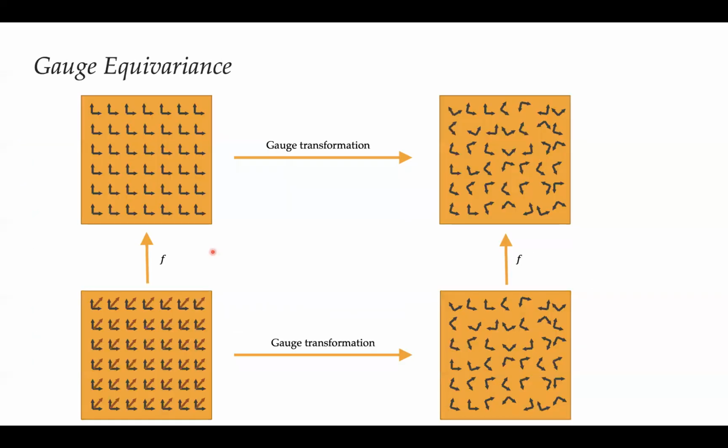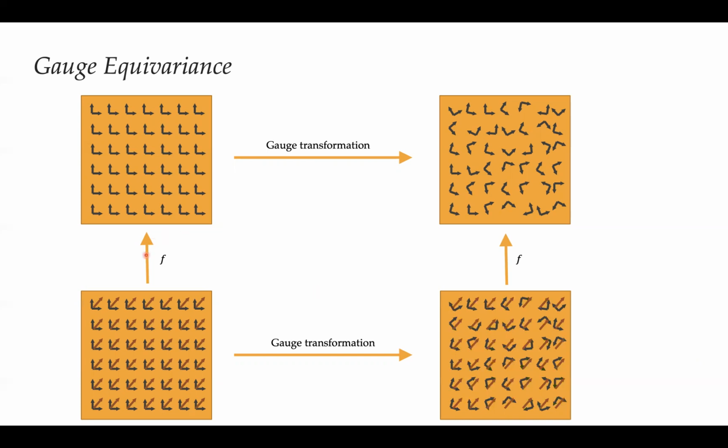So then we have gauge equivariance. Here we have again the example of a vector field. In the bottom left, I've drawn an input vector field expressed relative to a standard gauge. And if we were to apply the gauge transformation, and we want to describe the same vector field, we know once again that our numerical representation will change, but the underlying vector field doesn't. I apologize for the bad graphics here, but I think you get the idea.